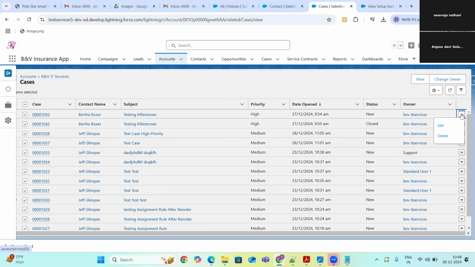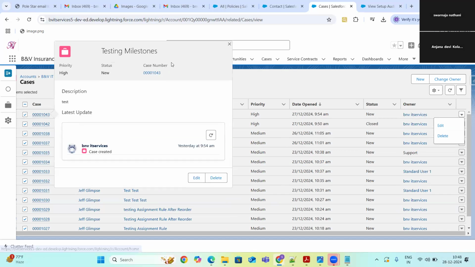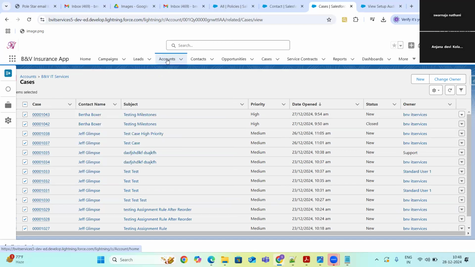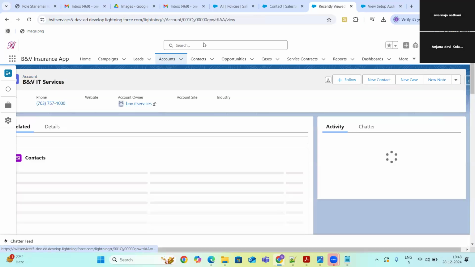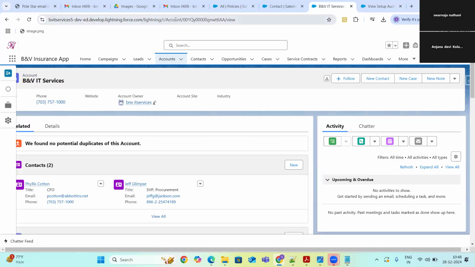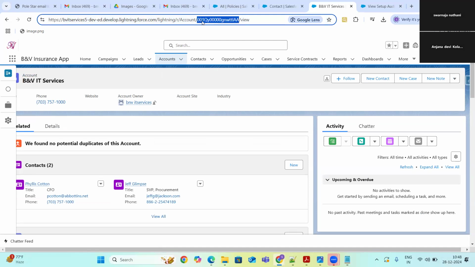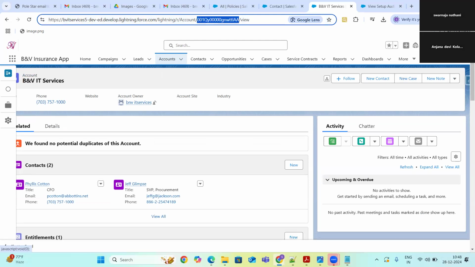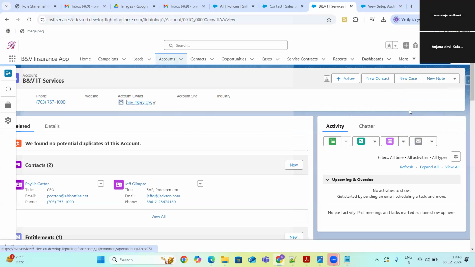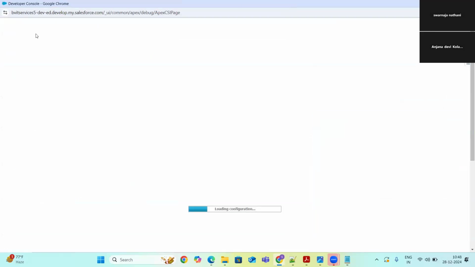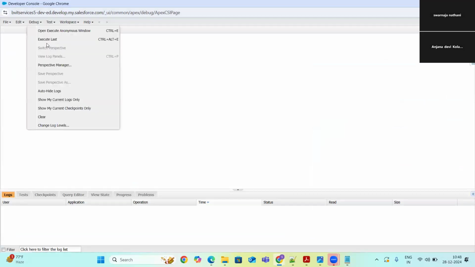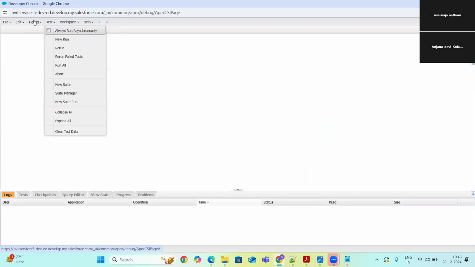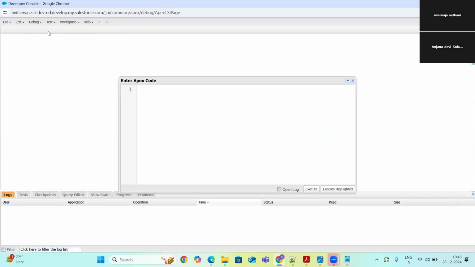There's no other option, guys. The easiest option I can do is open up the developer console. Basically, this is the shortcut: as an admin, if you want to delete cases, you have to delete them one by one, guys.